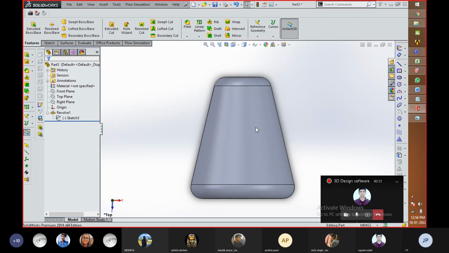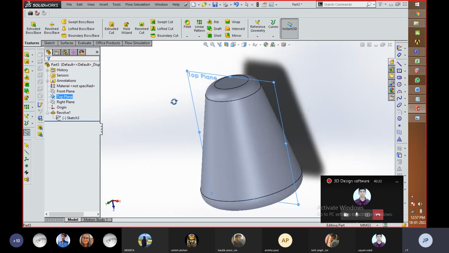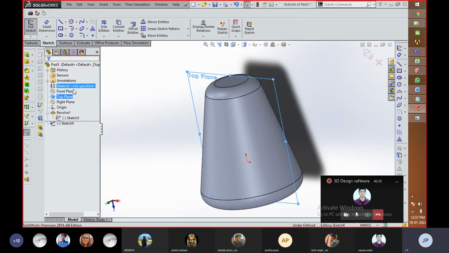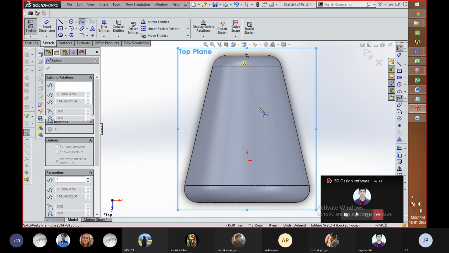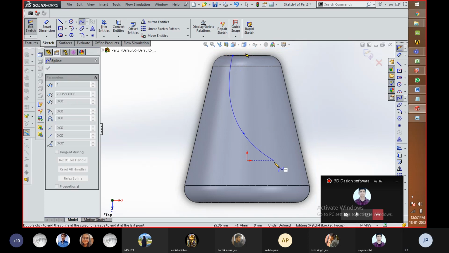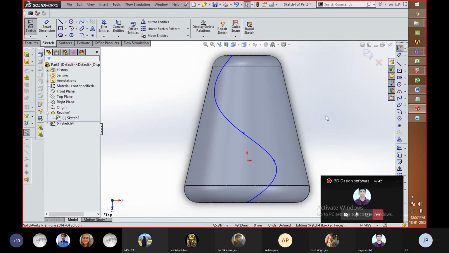Now next thing is that I'm going to showcase this feature. For that purpose, I need a plane that is placed in between. I'm going to click sketch, then keep the plane normal, then place a spline over here, a spline of this type, and select. Actually, this is a pathway. Okay, sorry. Actually, this is a material adding feature. So for that purpose, we need a fresh sketch. I'm going to discard that part.